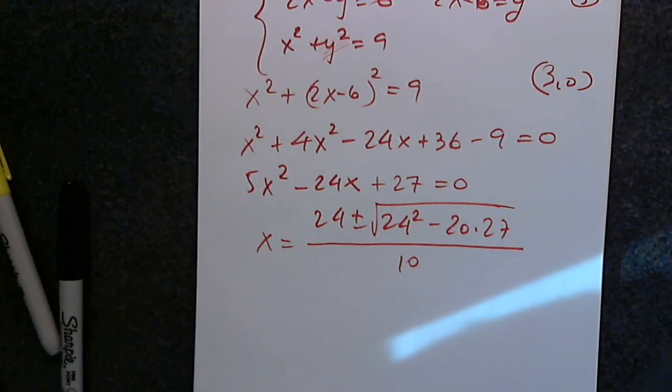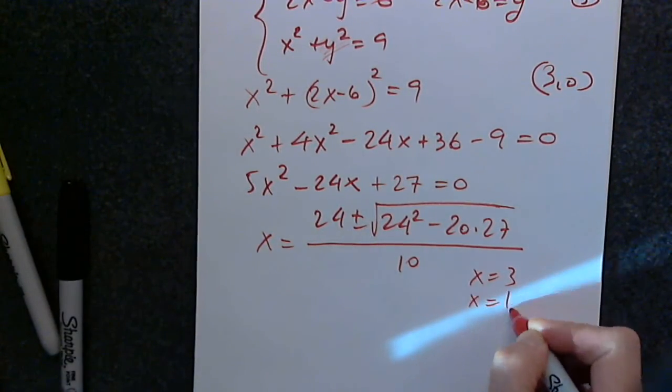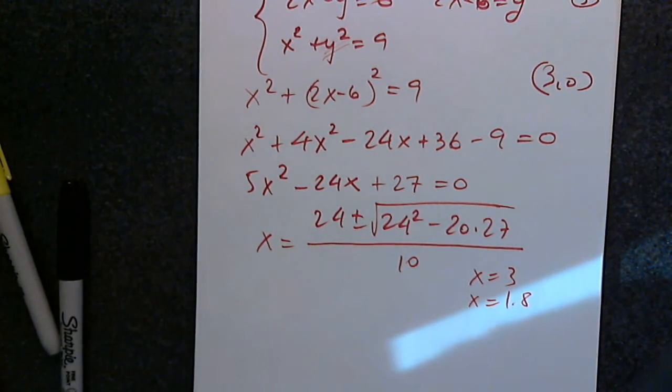Plus the square root of 24 squared minus 20 times 27, divided by 10. Of course, I got 3, as I expected. And now I'm checking, I'm getting the other one with a negative. Yep, 1.8. So x equals 3 and x equals 1.8, which means that now I have to go back and